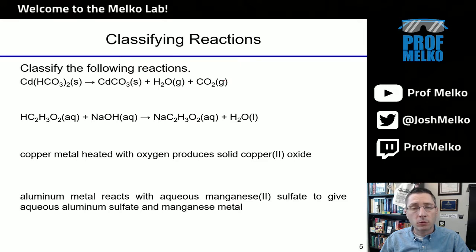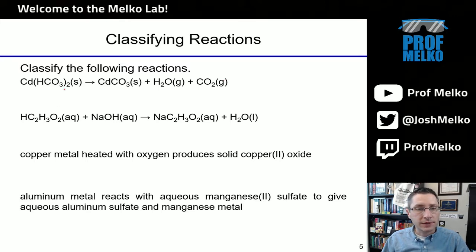Finally, we're going to work through classifying reactions. We have 5 different types of reactions: combination, decomposition, single replacement, double replacement, and neutralization. Combination reactions, a couple things coming together to form one product. Decomposition, one thing falling apart to make multiple products. Single replacement and double replacement, exactly what they sound like. In single replacement, an element replaces another element. In double replacement, 2 elements switch places. The cations trade anion partners. And neutralization is an acid plus a base, making water and a salt.